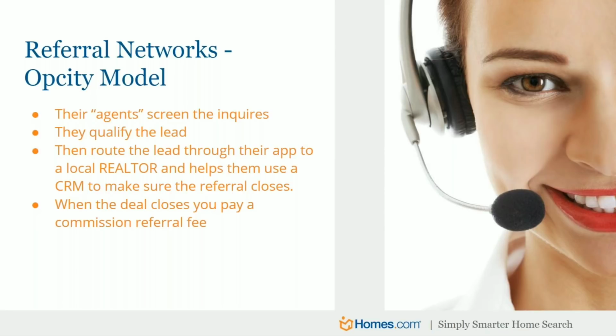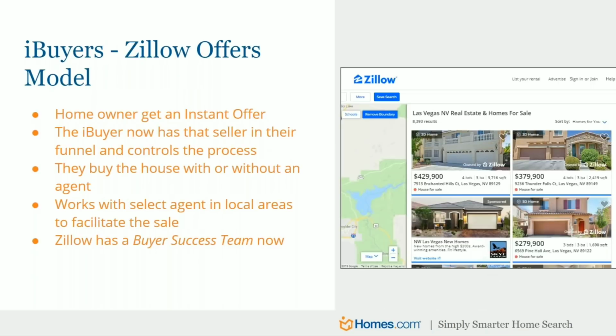And then when the deal closes, you pay a commission and referral fee. So the pros here are that the agents don't have to put out any money. They're not buying leads. They're not buying into this network, which they can appreciate, because if they don't sell anything, they don't owe anything. But as agents start making money, they're paying 35% referral commissions to these companies, and that's a lot of money, especially if you're part of a team and you still have to do a broker split, plus split with your team and split with the referral network. And we're seeing a lot of backlash in the industry from teams out there that just don't want to share commissions and that type of split.